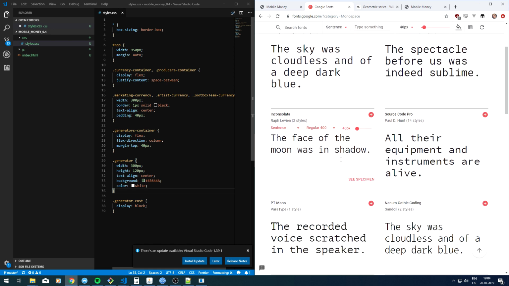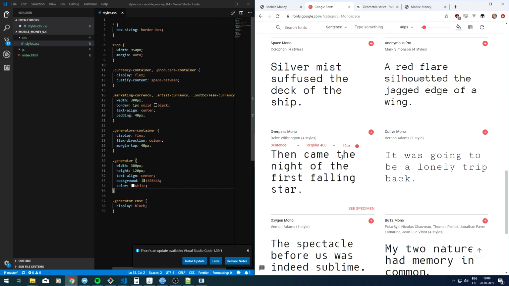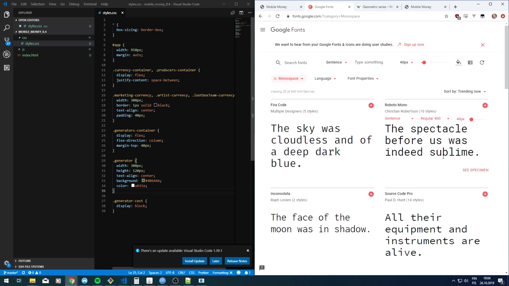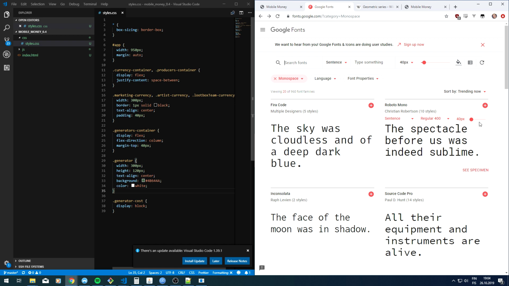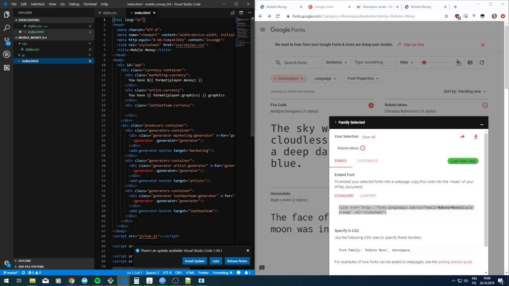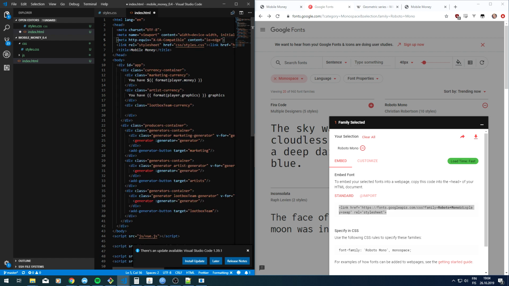So we're gonna select some monospace font that we feel like is good with us. I think I picked Roboto Mono. So we'll just add it with the plus. Then it gives you this box, and you just copy this link tag